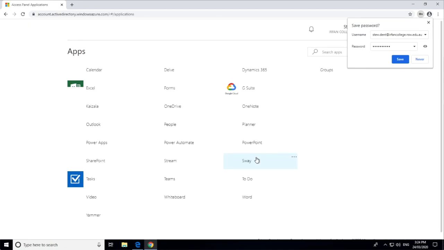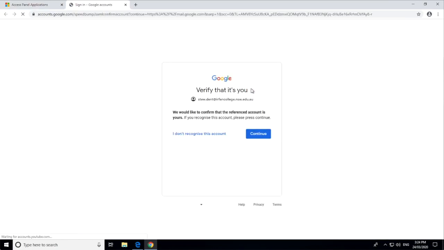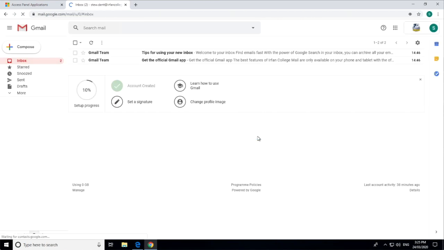Google Chrome will now show you a variety of applications, and the most important one is the G Suite. If you go ahead and click on G Suite, that will open up to a new tab and ask you to verify the user. Click on Continue, and at this point we'd like to introduce a pro tip that'll help